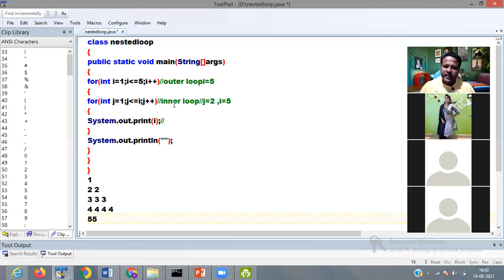Then j is incremented to 3, 3 less than 5, condition is true, again printing you 5. j value is incremented to 4, 4 is less than 5, condition is true, again printing you 5. Then j is incremented to 5, 5 is less than 5 no, 5 is equal to 5 yes, then it is printing you 5.